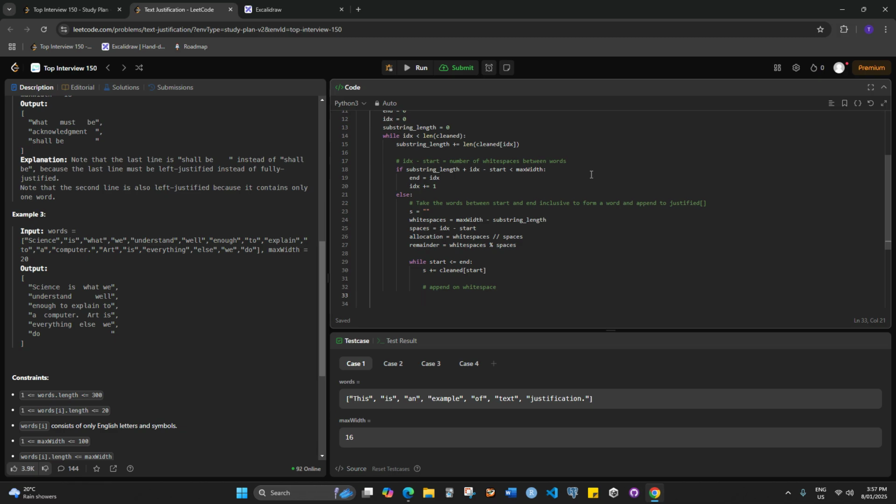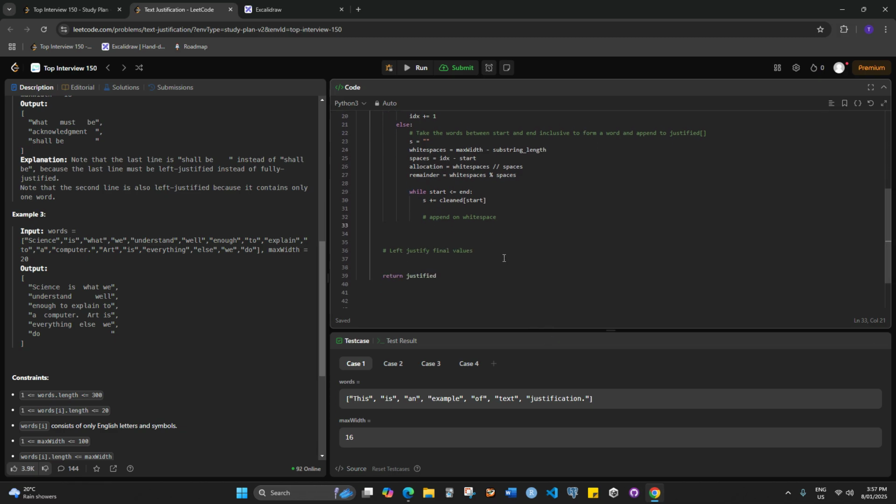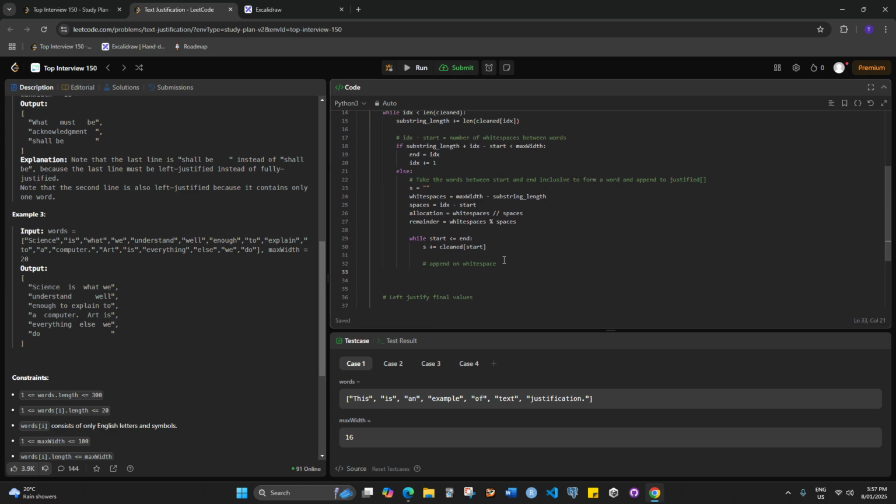How do you even analyze the complexity for a question like this? Append on a white space, so we can just do